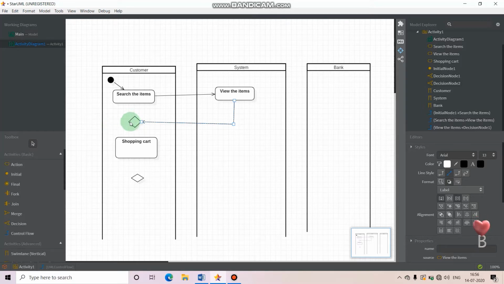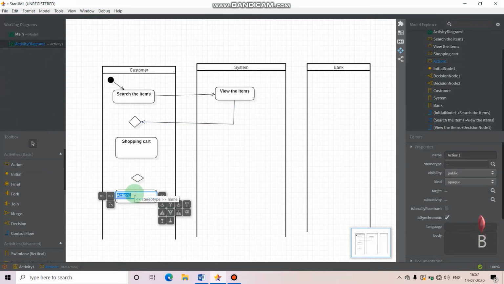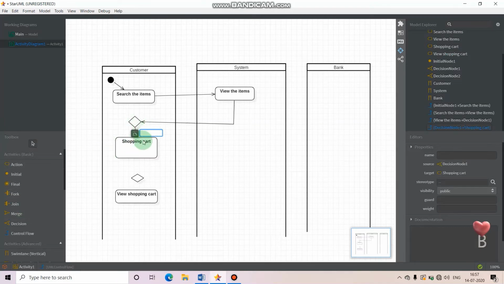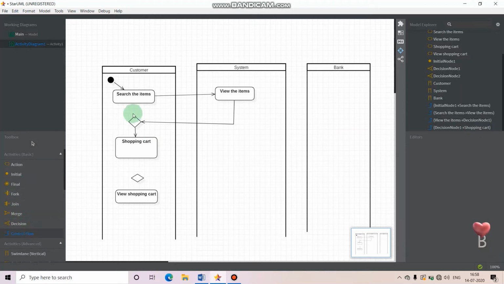he can directly go and view his cart, to see how many items he has in his cart. Okay, view shopping cart. It can be for that also, that the customer wants to see how many items he has in his cart, or whether he has any or not. Maybe he just wants to check that his cart is empty, or he has added some items earlier. So at that time we can use this condition. Either he'll add the items into the cart, or he will